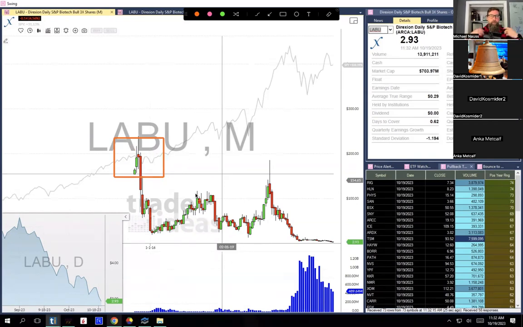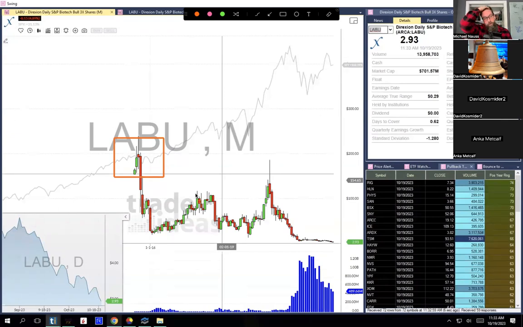What happens is they use options and derivatives, that's how they get the 3 times leverage. And those things degrade over time. I just give this as a caveat to maybe somebody in here who doesn't know. If you're going to trade these 3 times instruments, you basically have to do them for short periods of time, because they will degrade over time, even if you're right on direction. It's just the way that the system works.